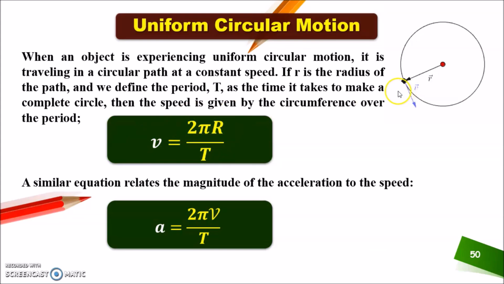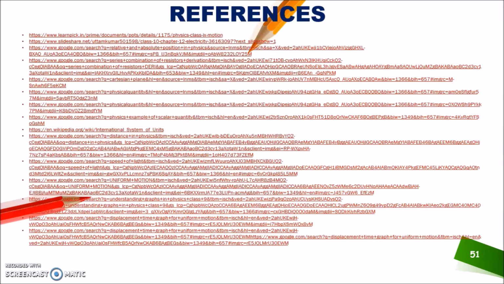In circular motion, an object covers the circumference as its distance, right? So we have to write 2 pi r instead of distance. And if we calculate acceleration from this formula, we'll get 2 pi nu, where nu is the symbol of frequency, right? 2 pi nu by t. This is the small concept of uniform circular motion. I hope you understood these concepts in a very easy manner, right? Okay, thank you.